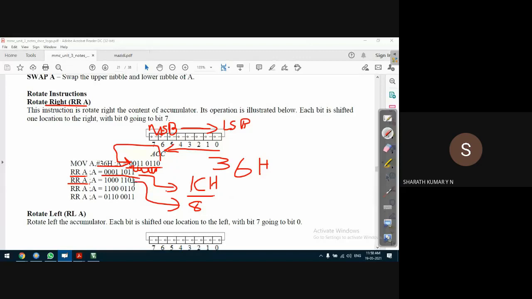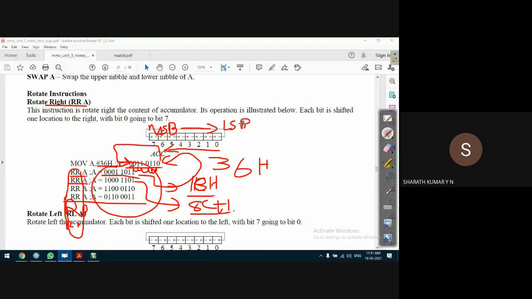First of all, this is 11, which is B. Sorry, in BH. In this case, this is 12, 13. 13 means CH, 8CH. So if you execute the RR instruction 8 times, here 4 times is executed. If you repeat this 8 times, we'll go back to the same original data, because it will rotate 8 times.